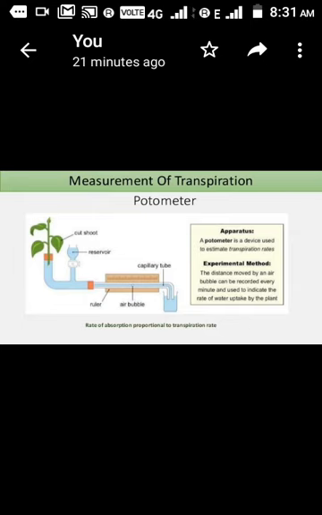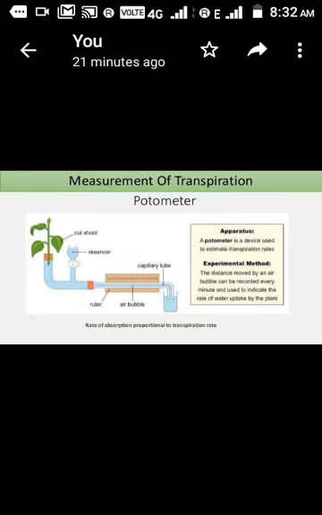This is nothing but a setup. Here I have explained the setup of the potometer. It is an S-shaped test tube which is filled with water. At one end of this tube, you can keep the plant whose transpiration rate you are going to measure, and at the other end of this tube there will be a beaker, and this beaker is filled with water. In between these there is a ruler where the marks of the readings are, and a reservoir.